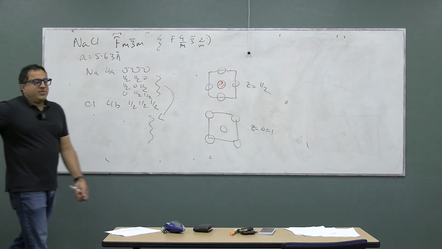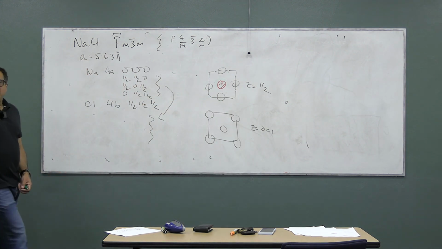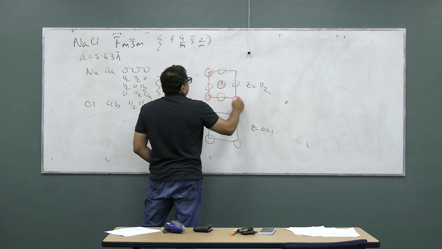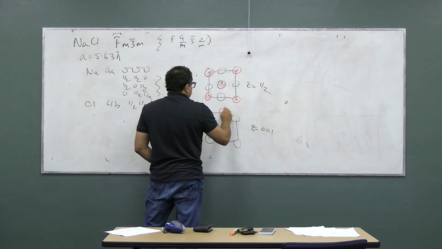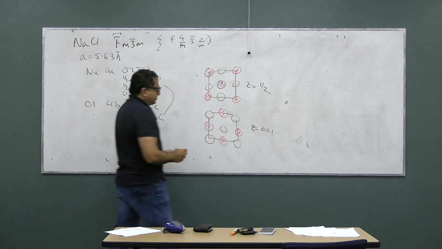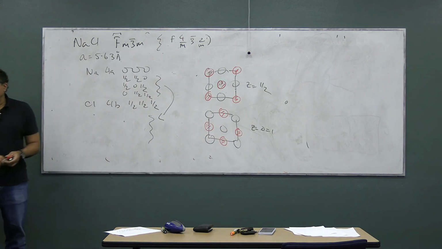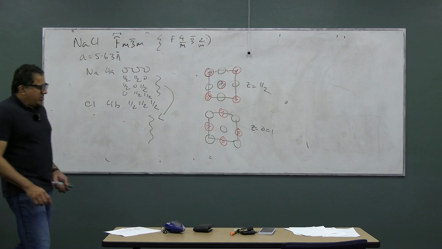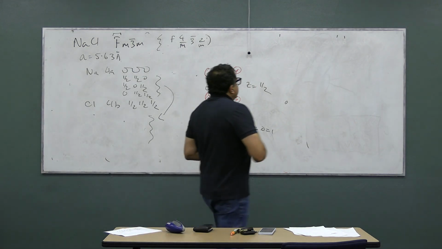Do you want to guess now where the other chlorides go? They go here, here, here, here, here, here, here, and here. You see why I wanted you to guess? What do you see now? Do you see the blacks at 0 are equal to the reds at 1/2 and vice versa? There's perfect symmetry, right? So if we draw the structure in a more 3-dimensional sense,